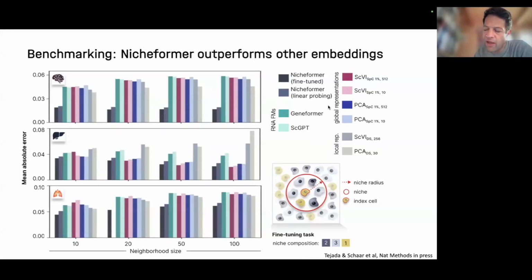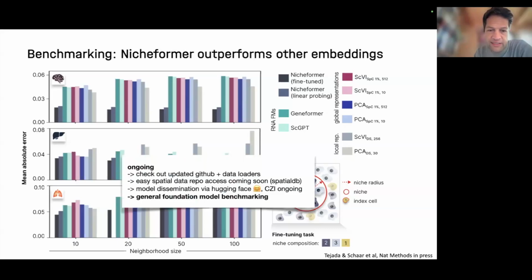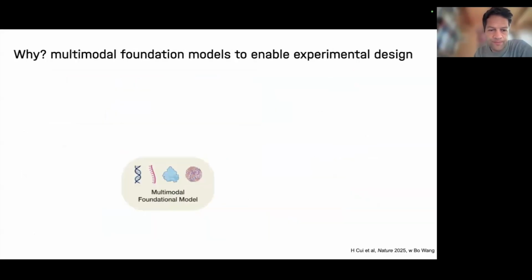So I think the problem we have in the field is that cell type prediction is not a hard task. We need to come up with harder tasks for these models. We don't have the benchmarks yet that natural language models have, like passing the bar or whatever, right? So I think it's interesting times where this goes. This is coming out soon.